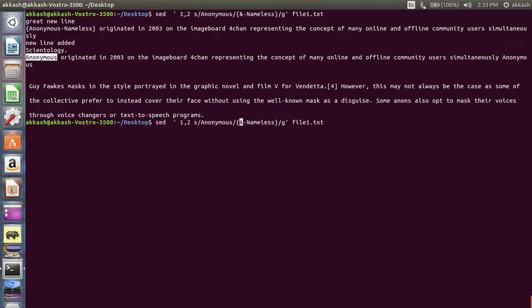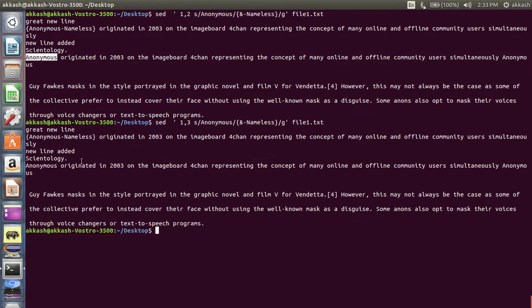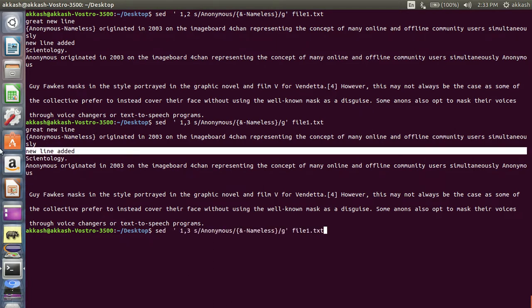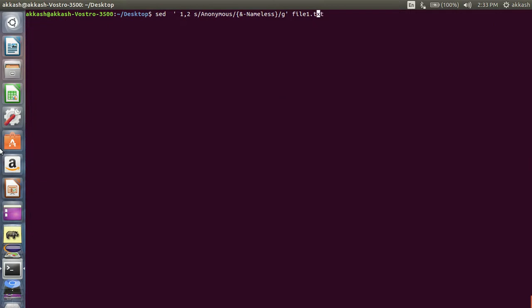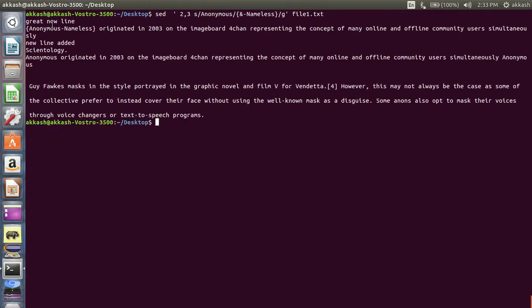Now my requirement is to change the first and third line. The first line has been replaced, but there is no word in the second, so you can use this comma. After that you can give the second and third line. Let's see that. Okay, the third is this one.